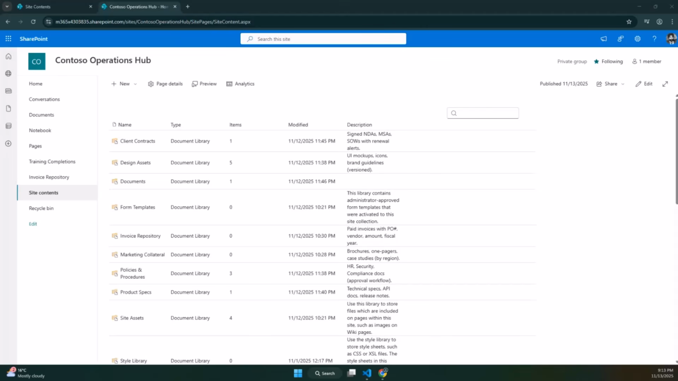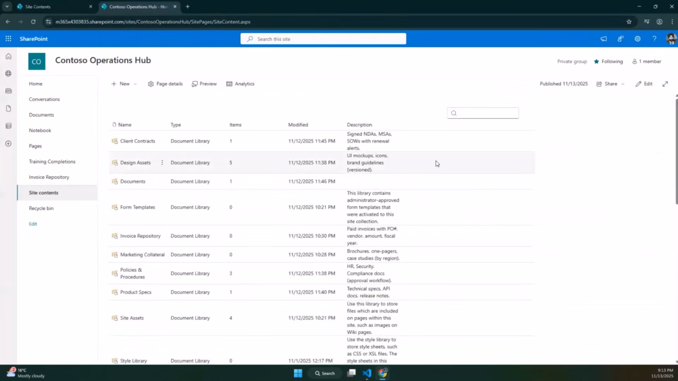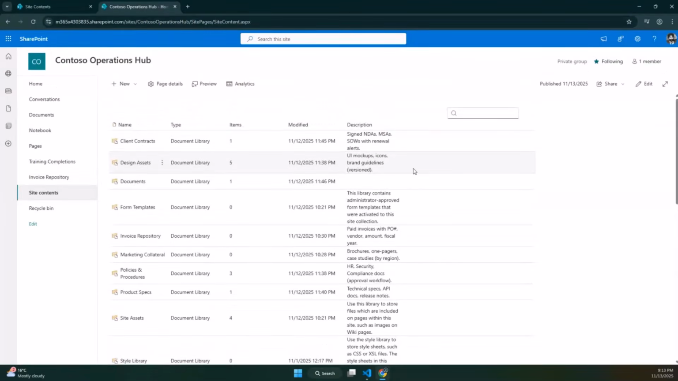No worries. So this is the web part, which is similar to the out of the box site content page. As we can see over here, we do not have the description column. In a site like this, we have so many lists and libraries, and I find it difficult to find the correct list or library. Most of the time, I go to the list and find the description of why this list or library was created. But with the help of this description column, I can always find the correct library I need